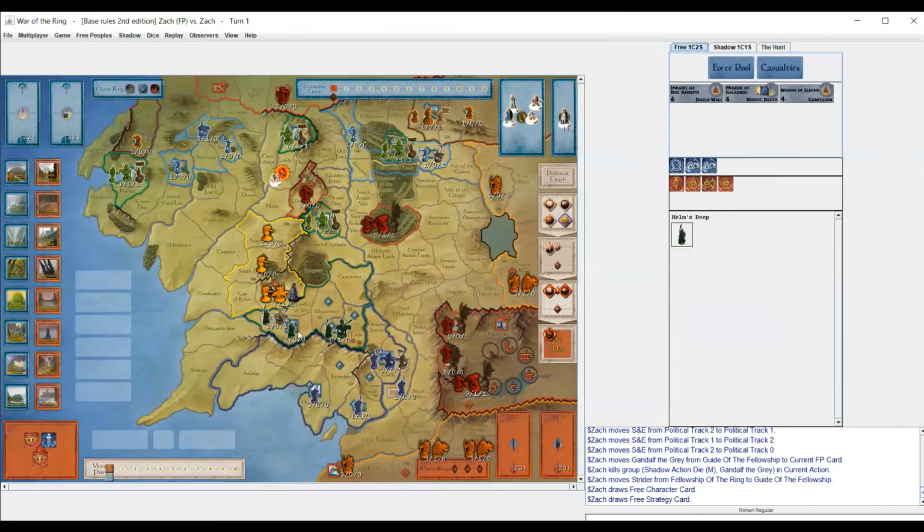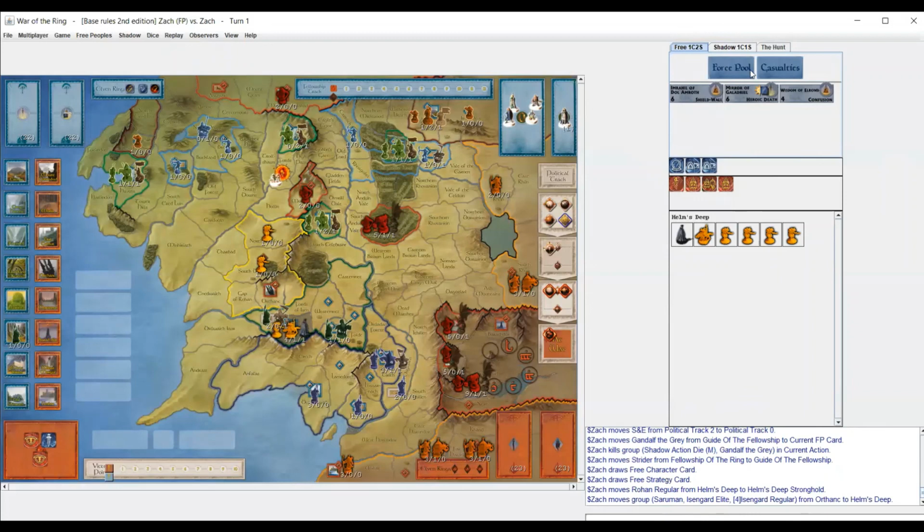For sieges, if you double click on a stronghold, it'll automatically put the dudes into siege there. So say Helm's Deep was into siege, it would look like that. That's about the long and short of it, and that should be most of what you need to know to understand commentary videos,